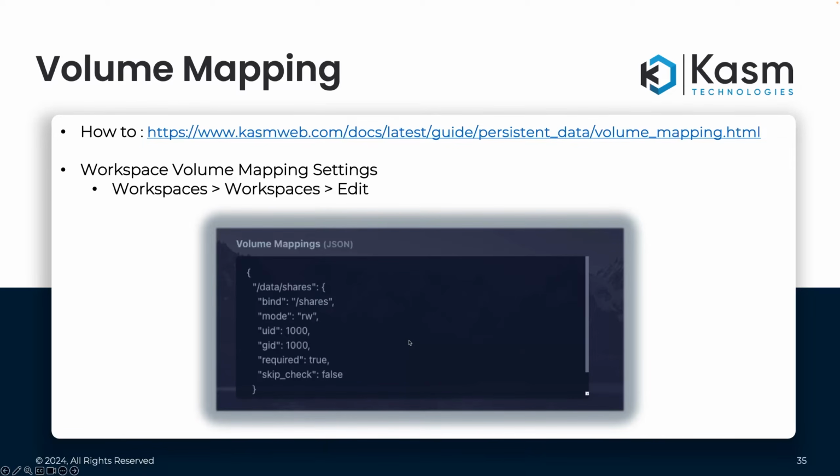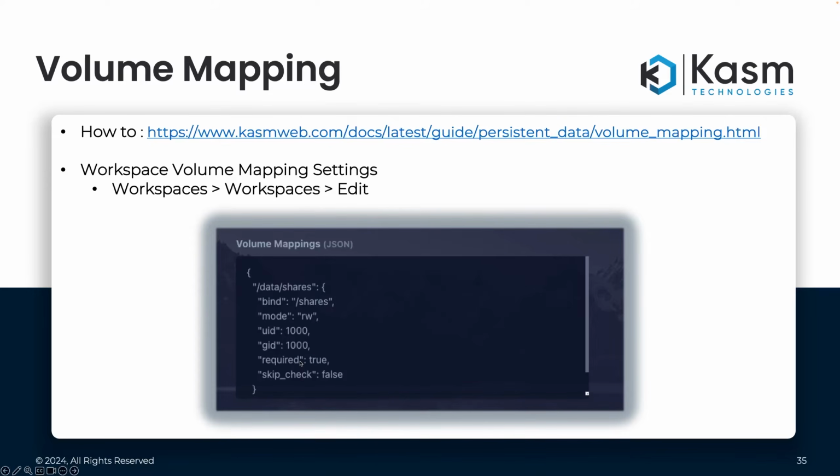And then after those are created, you're going to create the volume mapping inside of the Chasm UI. To do that, it's under the workspaces. The workspace image that you want to edit is in the volume mappings JSON section. So here is an example of configuration options. You have bind, which is the target location inside the workspace's container. Mode defines whether it's read-only or read-write access. Your UID and GID, these here are 1000. Again, we said it needed to be set to 1000.